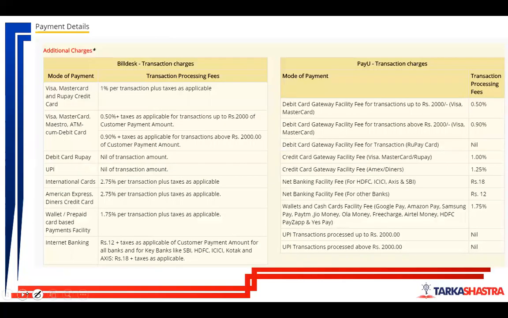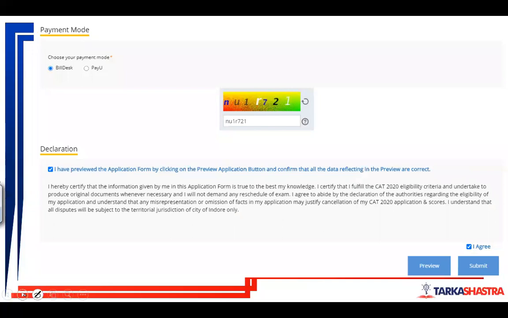Next, there are two companies or two modes from which they are accepting the payment. One is BillDesk and the other is PayU. All the transaction modes and the charges for all those transaction modes have been mentioned over here. Choose the one which is convenient for you. Next is the payment mode.